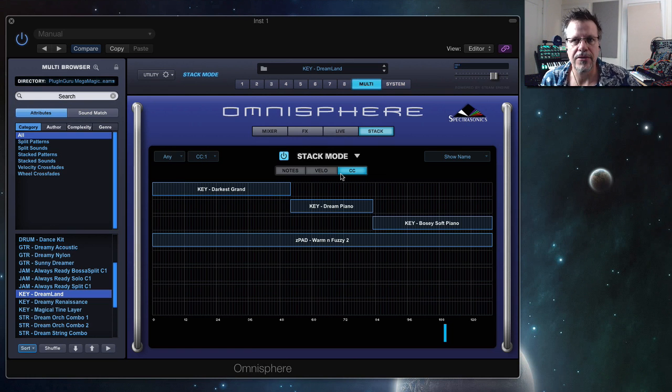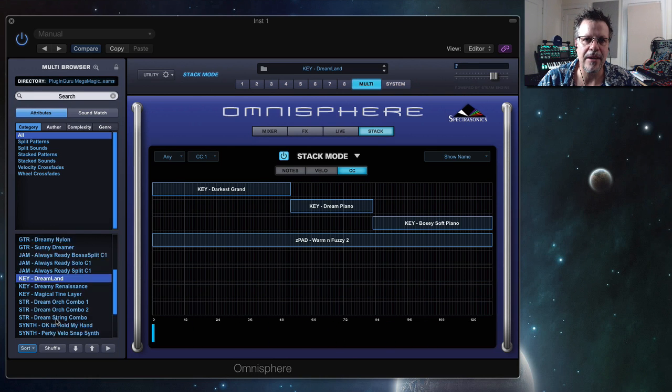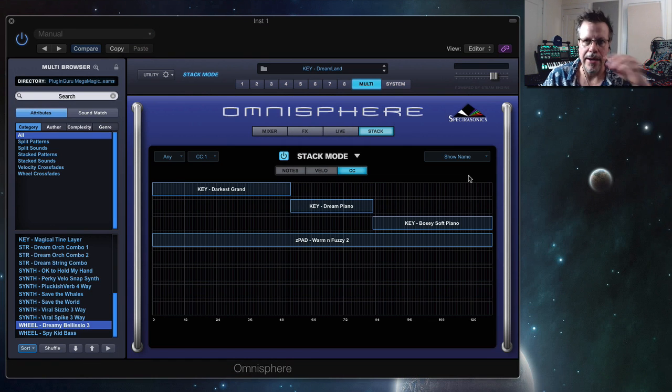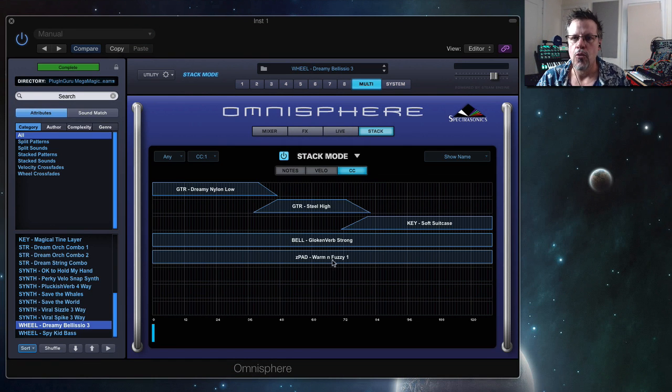So, 3 different piano sounds you can change between. I have things set up down here at the bottom under the wheel. The Dreamy Bellissimo is that way. It's using warm and fuzzy and a string while it's changing between guitar nylon to guitar steel to electric piano. So depending on the mod wheel, you got guitar,